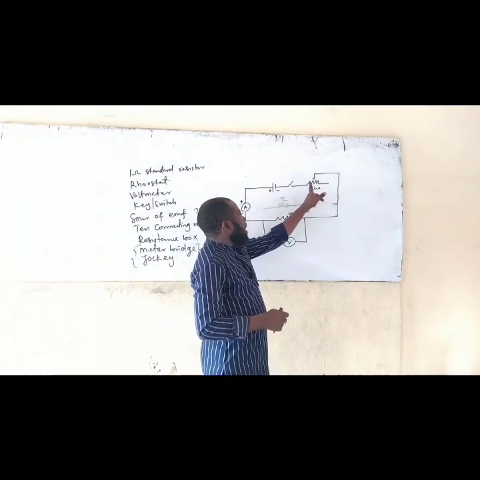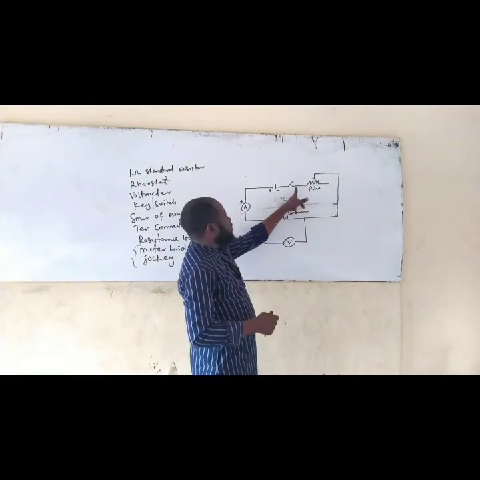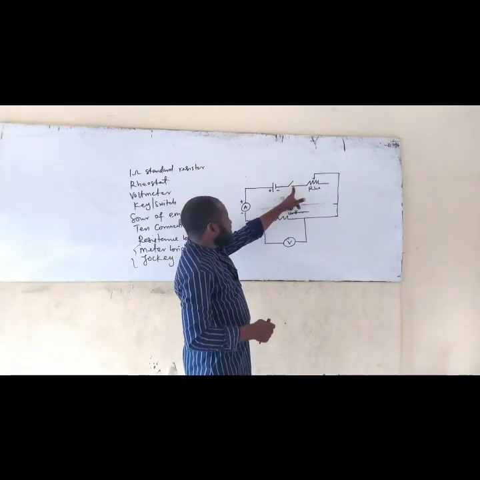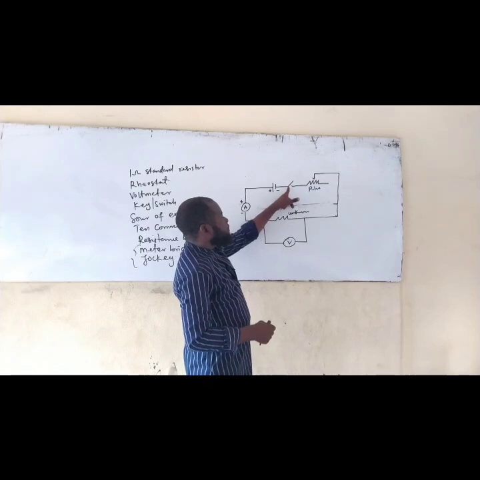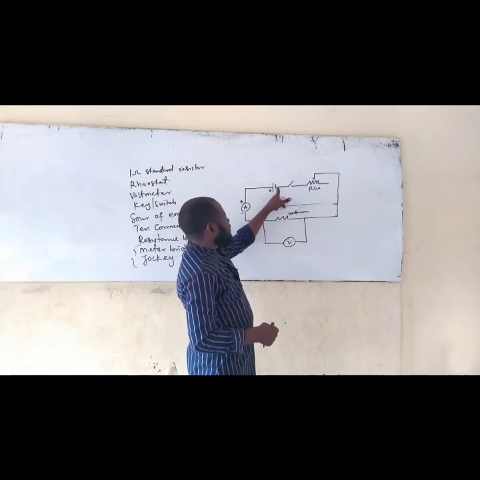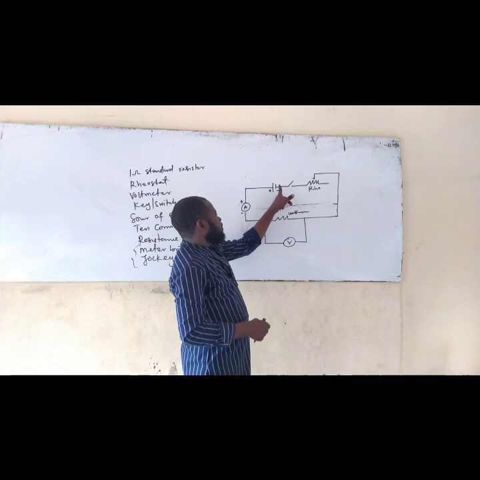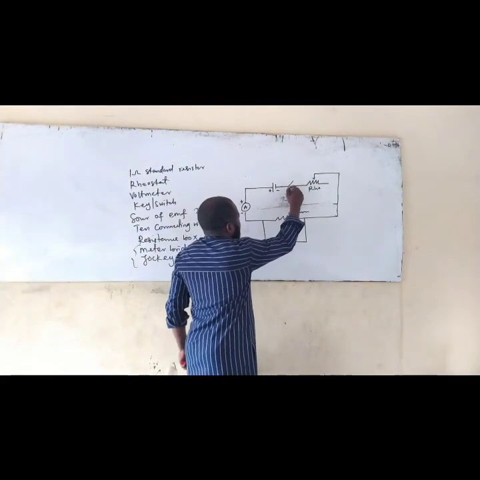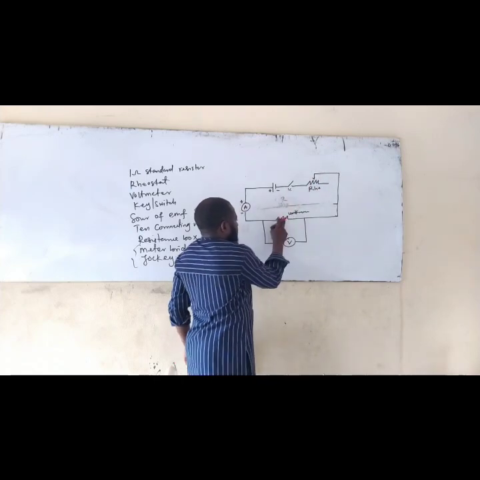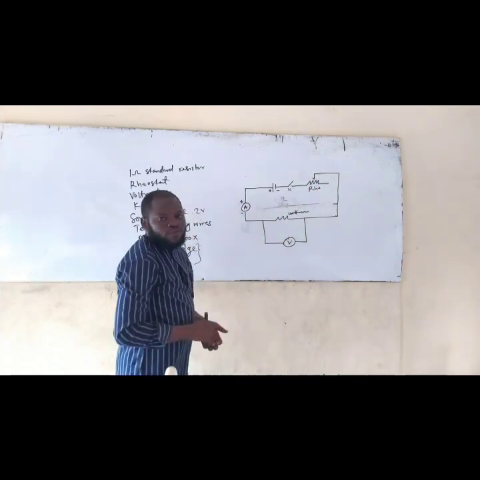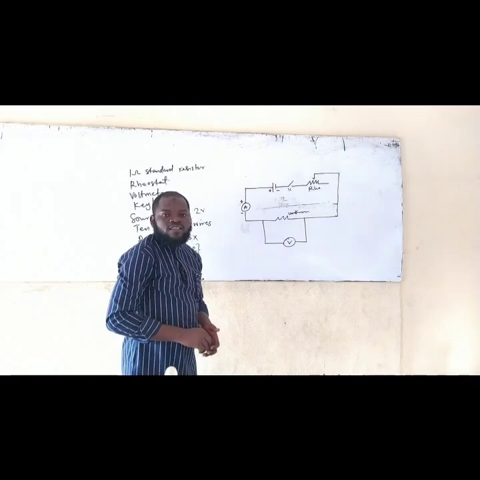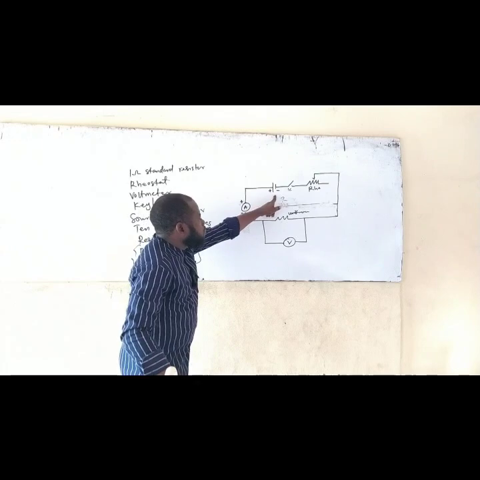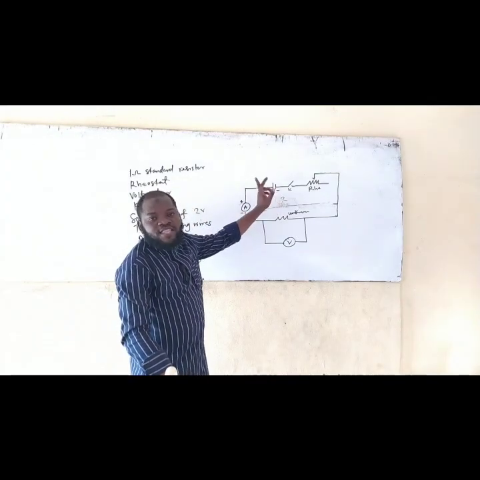Am I making sense now? And the other end of the rheostat is going to be connected to a key. Am I making sense now? So connecting that end to a key, the other end of the key is going to be connected to, what's it called? The negative pole of the battery. Remember, all these key, rheostat, or resistor, they have nothing to do with positive or negative. What you need to pay attention to are these ones that have something to do with positive and negative.